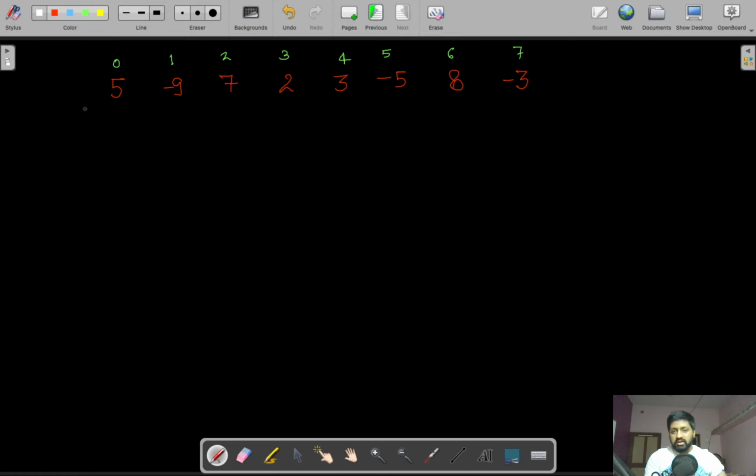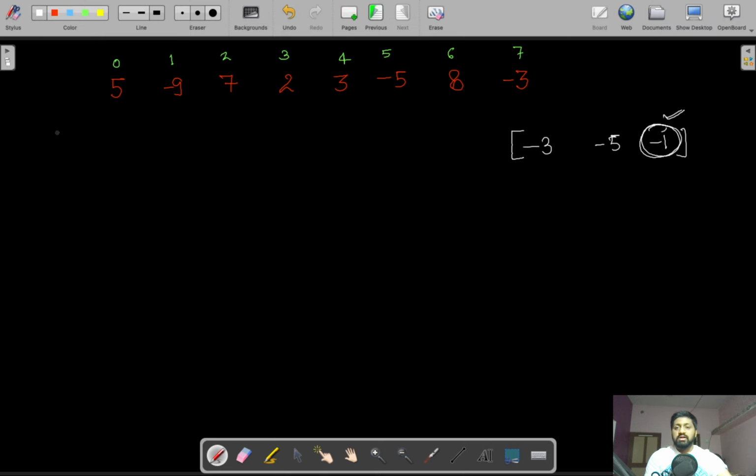Suppose all the numbers are negative numbers. Let's say we have the array like -3, -5, -1. If all the numbers are negative, there is no chance we can add any contiguous numbers and get a larger number. So the maximum we get is a single element, the maximum of all these negative numbers, that is -1 in this case.